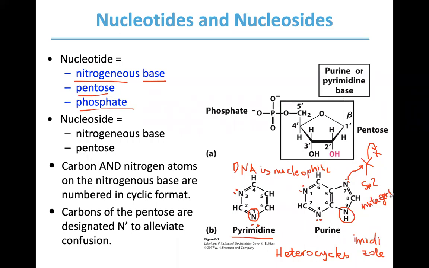And mutagens, in many cases, are electrophilic organic compounds, and they react with DNA because DNA is nucleophilic. And it's nucleophilic because of the lone pairs of electrons on the nitrogenous bases. All right, are there any questions about nitrogenous bases? So that's part of this